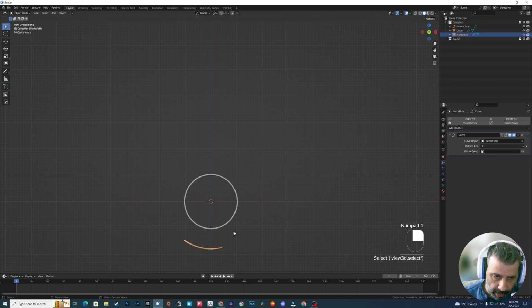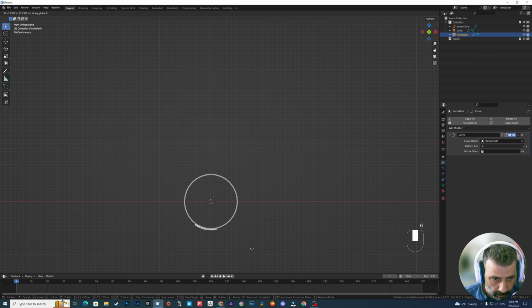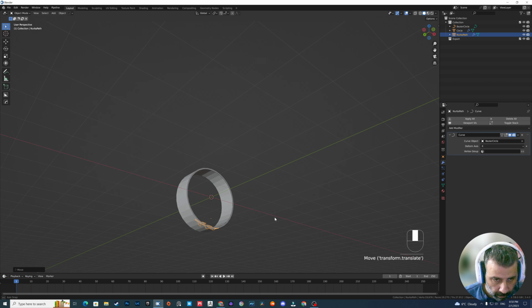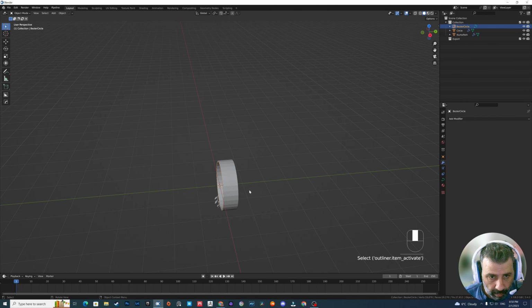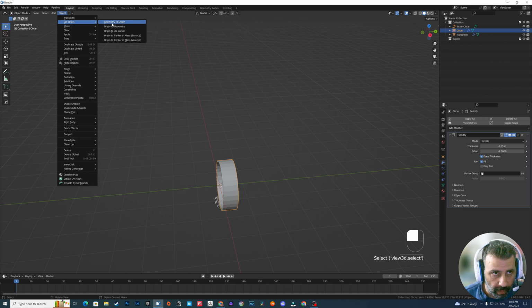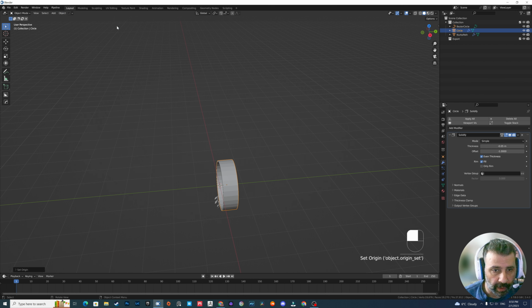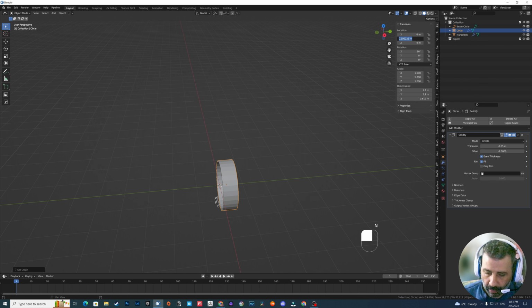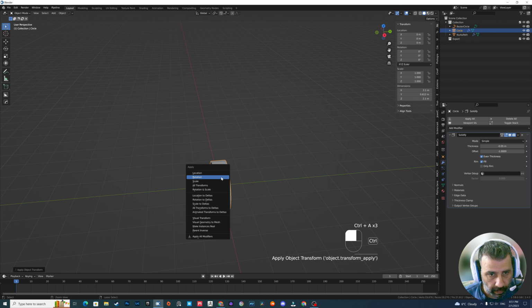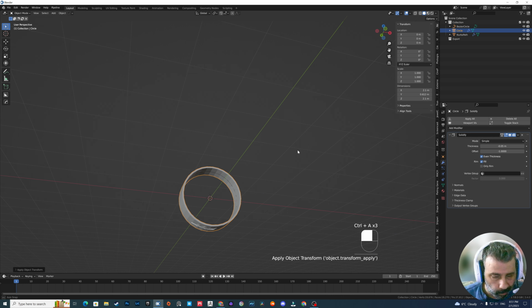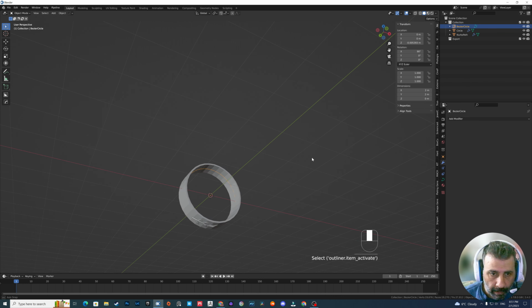Now what we need to do, this is what we get. Now if I grab this bezier, before we do that, just select your main ring, set geometry to origin, and just set it up to 0 location, and apply rotation, scale, and stuff like that. Now check this out.